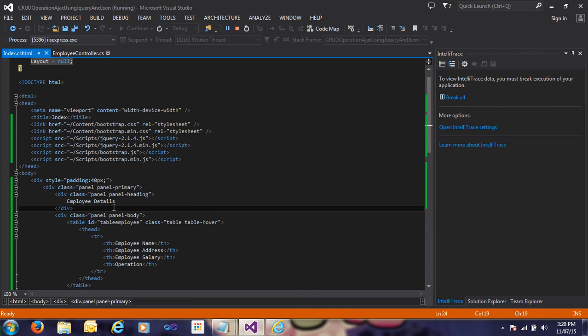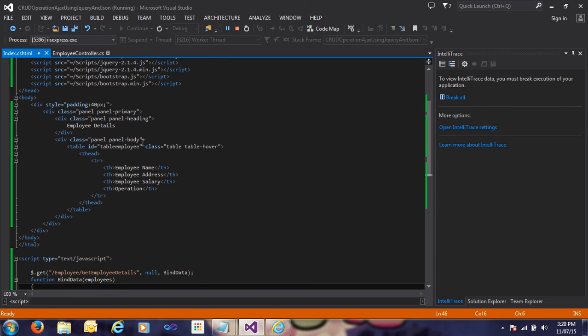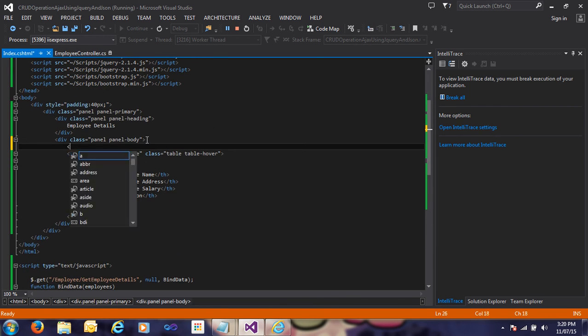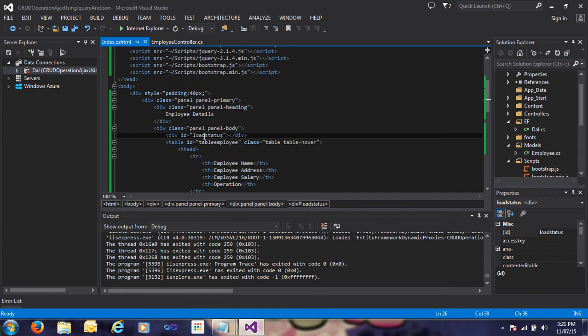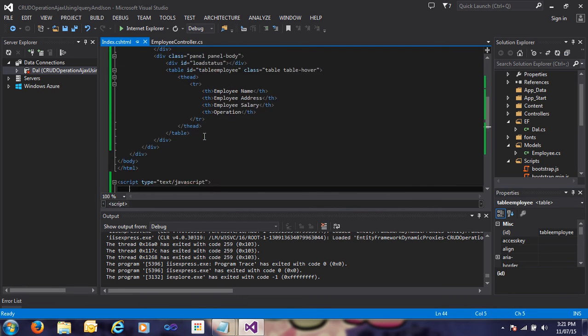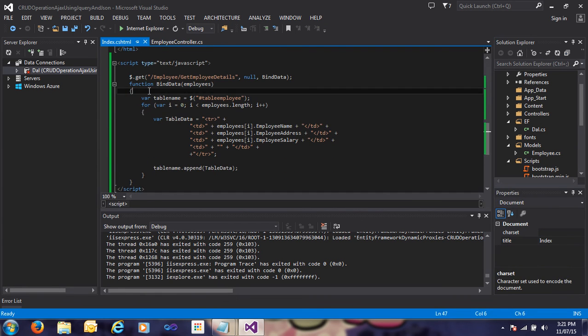here in the table you can see I'm passing a div with id status, load status. Okay, so I just stop the application and copy the load status here, and I'm going to the bind data function,